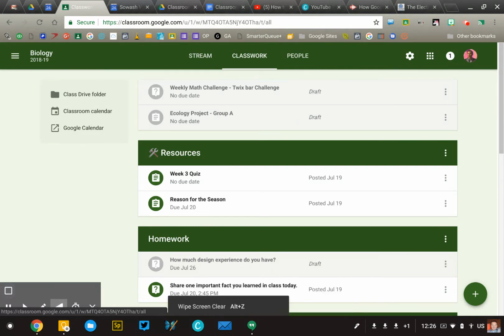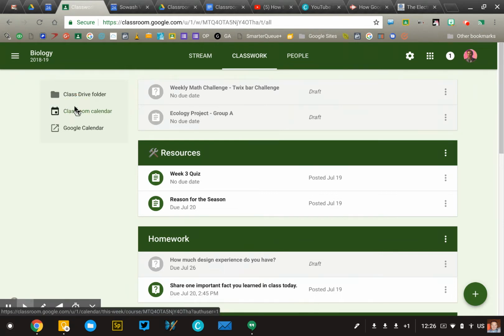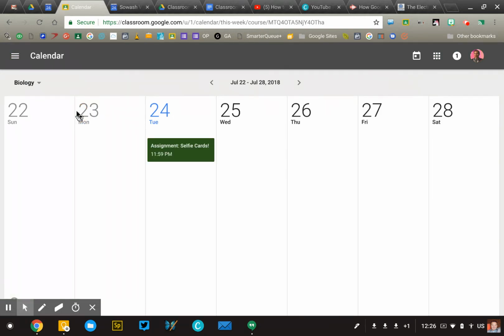Now, the weird thing is that you'll notice that there are two calendars listed here. There is the Classroom calendar and Google Calendar. These are very redundant. You really don't need them both. I prefer the Classroom calendar. By clicking on that, I'll be taken within Classroom to this very nice overview of all the assignments in my